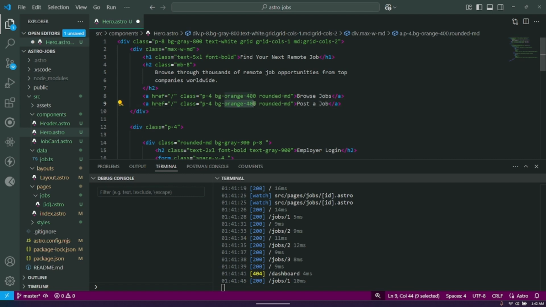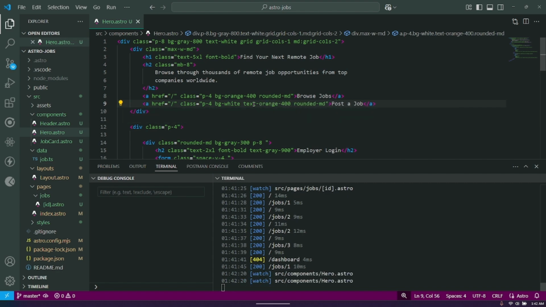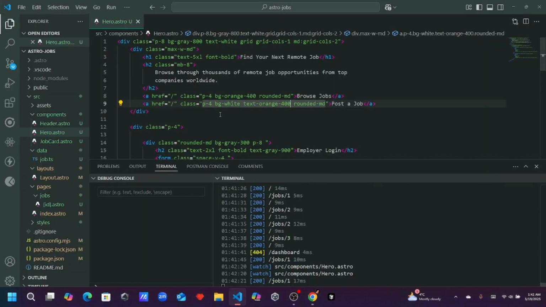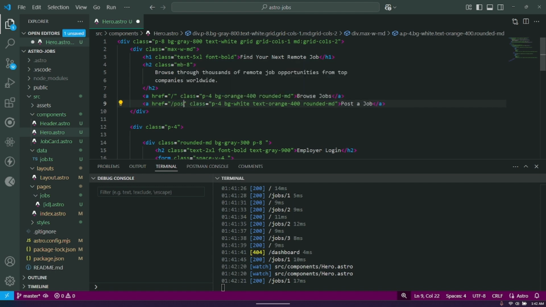We can actually put this as background white, and then the text is orange 400. So it looks different. And then this one actually will go to /post